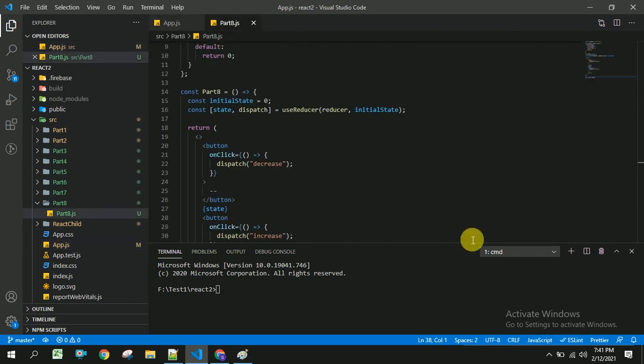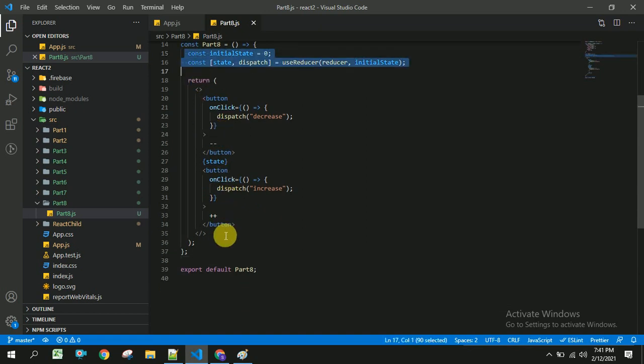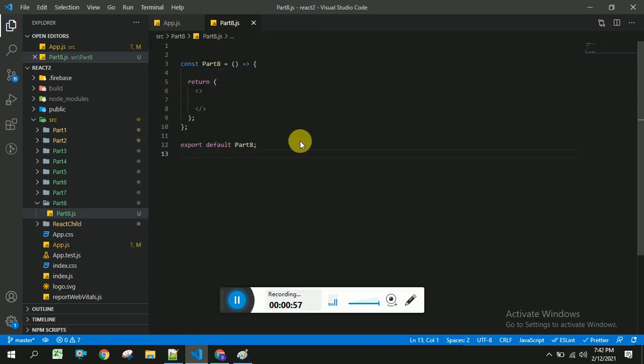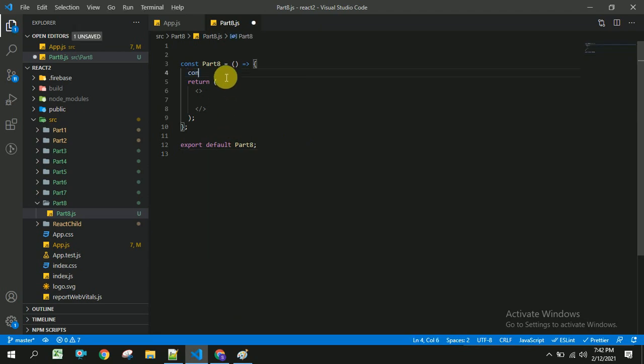For this I am going to remove this which is not necessary, and here I am going to create a variable called state and setState for setting the count, and I am going to use useState in order to maintain the state, and this useState will take some initial state which is 0.